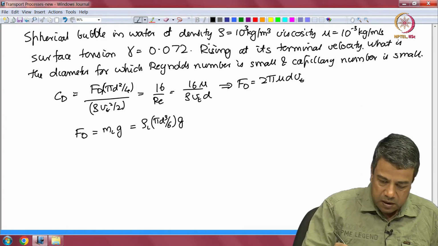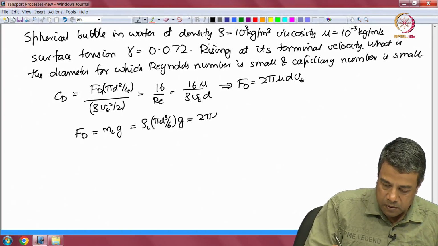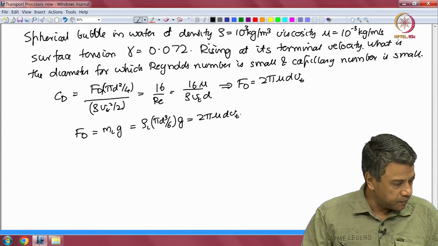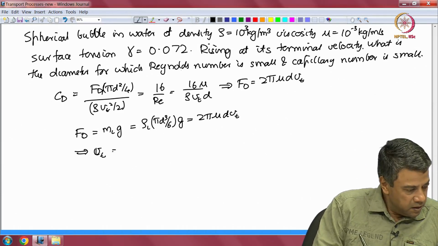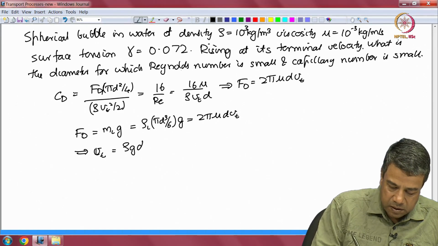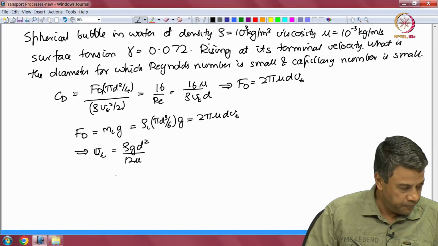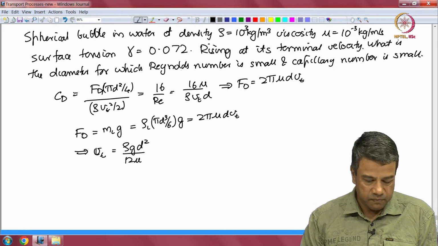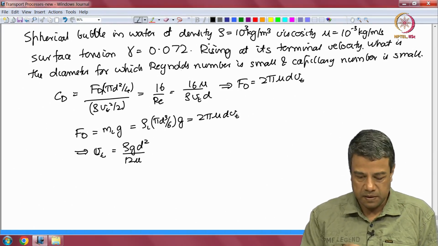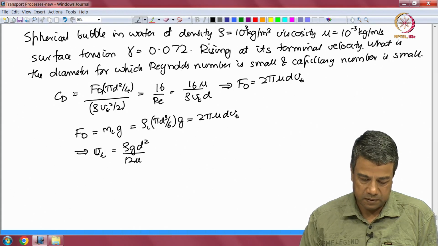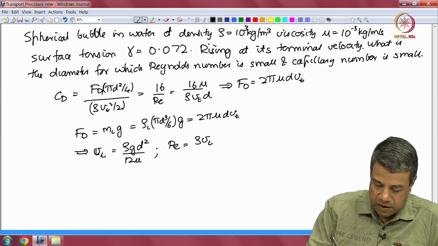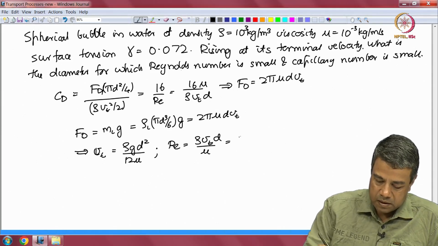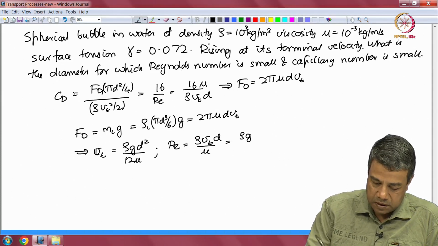Okay. And this is equal to 2 pi mu d Vt. This implies that the terminal velocity is equal to rho g d square by 12 mu. Rho g d square by 12 mu is the terminal velocity, okay, just by solving this equation. The Reynolds number is equal to rho Vt d by mu is equal to rho g, I am sorry,